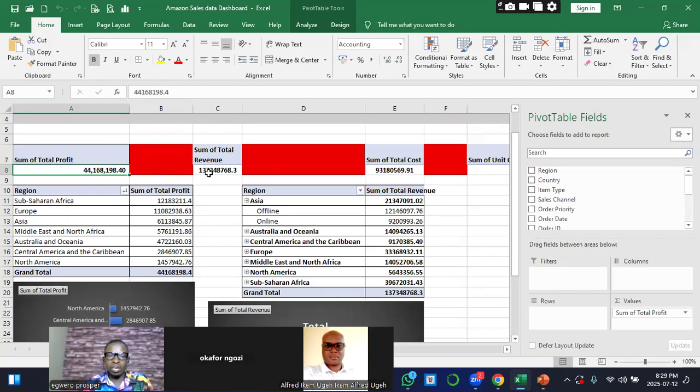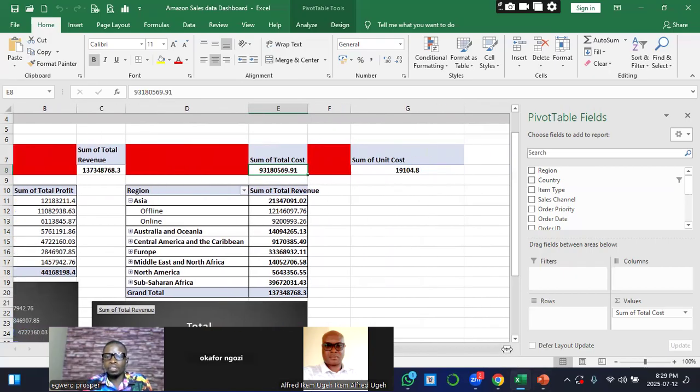So here we answered another single metric question, which says we should sum up the total revenue generated from all the countries and also the regions. And then here we answered another single metric question, which says we should sum up all the total cost. Then, of course, I know there is another one we answered here. Then after that,